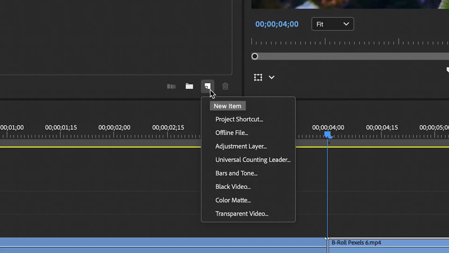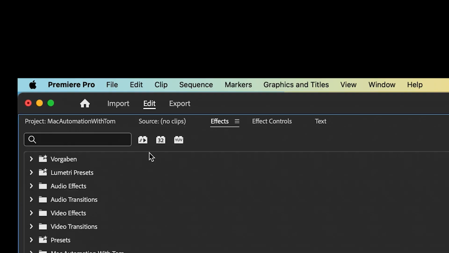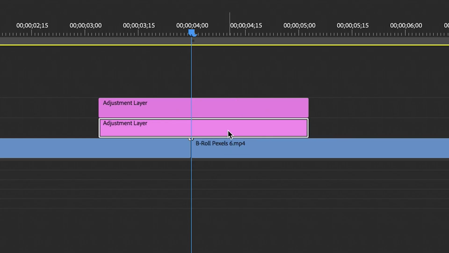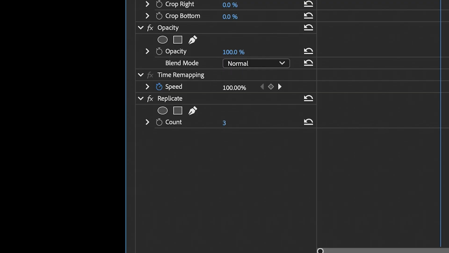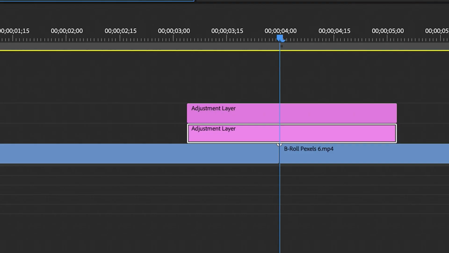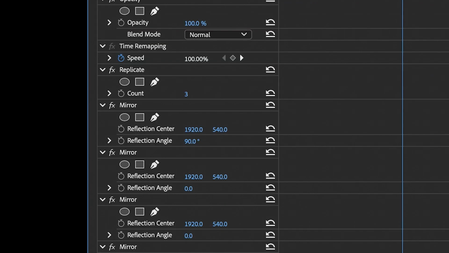Before we can create the automation workflow, we have to add our transition once manually. So create an adjustment layer, drag and drop it to your timeline, duplicate it, go to the effects panel, search for the replicate effect, add it to the first adjustment layer, go to the effect controls panel, set the replicate count value to 3, go to the effects panel again, search for the mirror effect, add it to the first adjustment layer 4 times, set the first mirror effect's reflection angle value to 90 degrees and the value of the